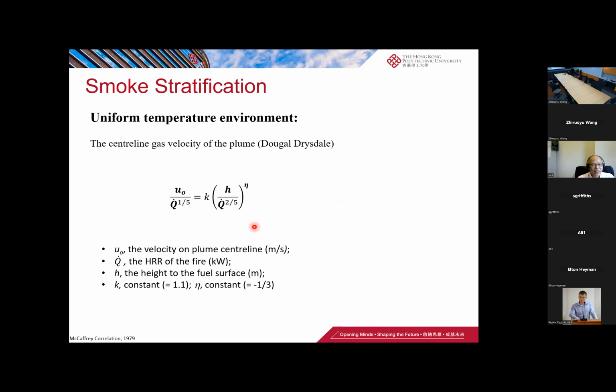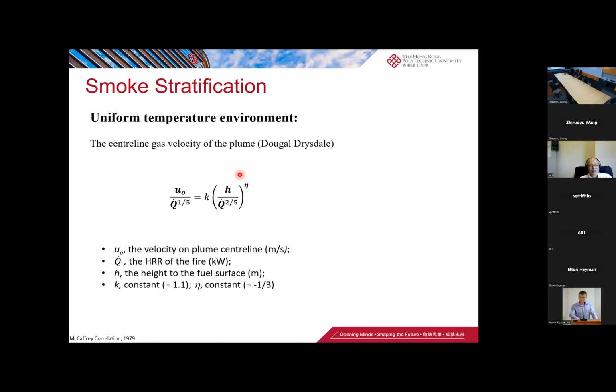So where can we start? We tried different references and literature. Now we came to Dougal Drysdale's An Introduction to Fire